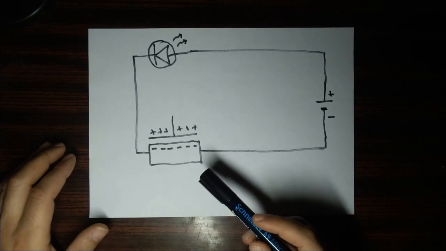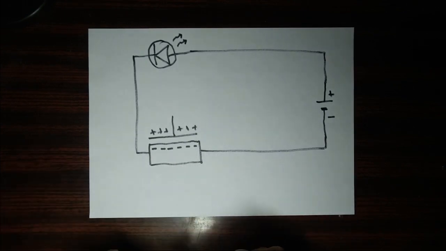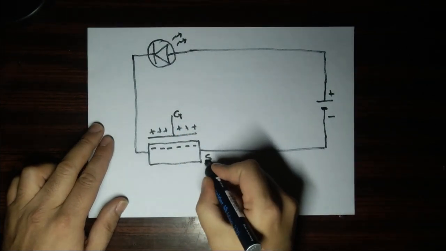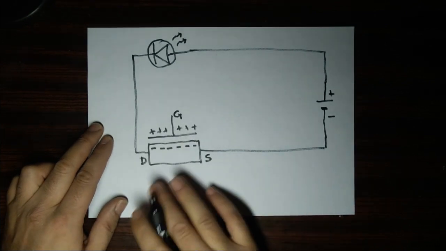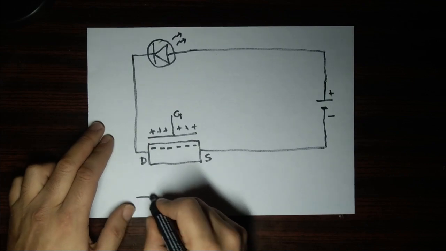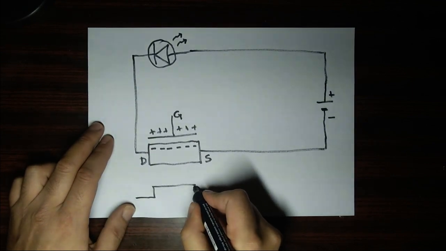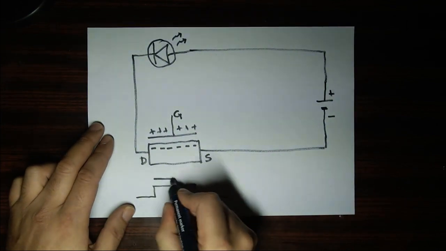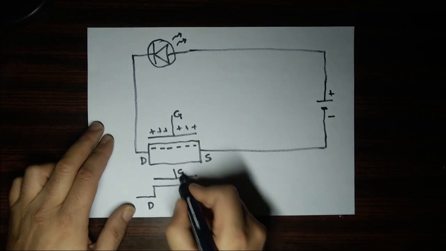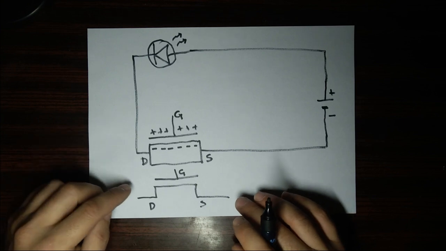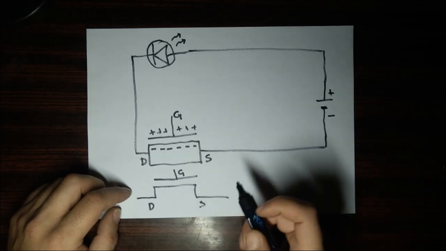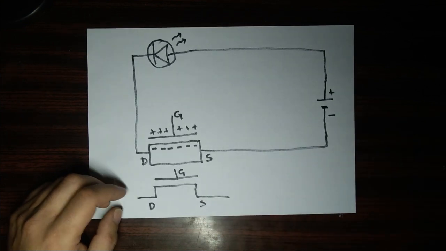What we just drew here is an N-channel enhancement mode MOSFET. This is its gate, this is its source, and this is its drain. To see the symbol, you have to draw it like this in digital electronics. This is the source, this is the drain, and this is the gate. There are also depletion mode MOSFETs, which normally are turned on, and they need some charge to turn them off, but we will not deal with them.